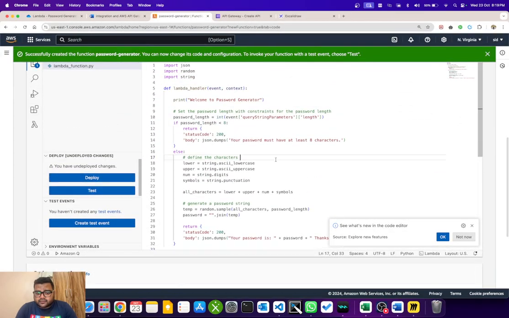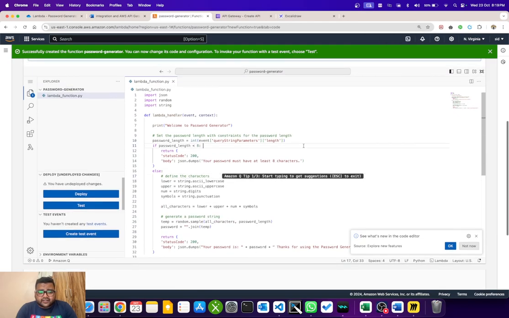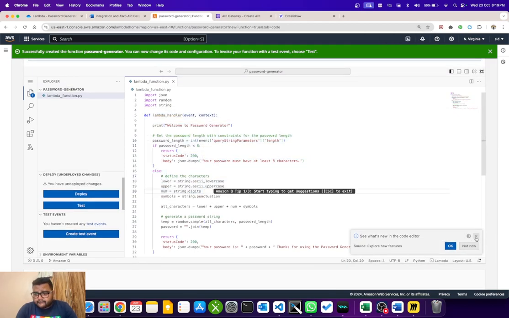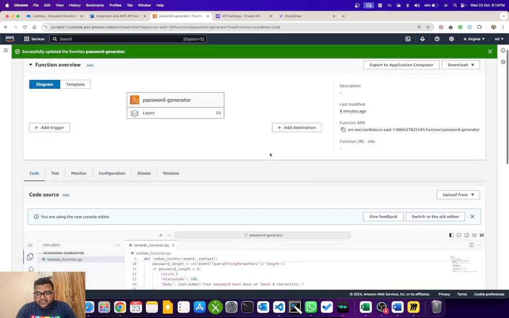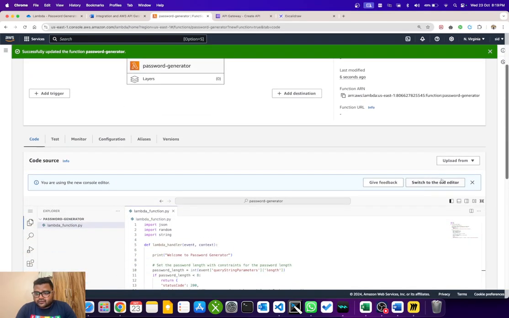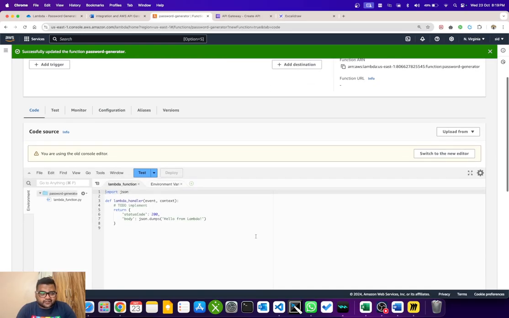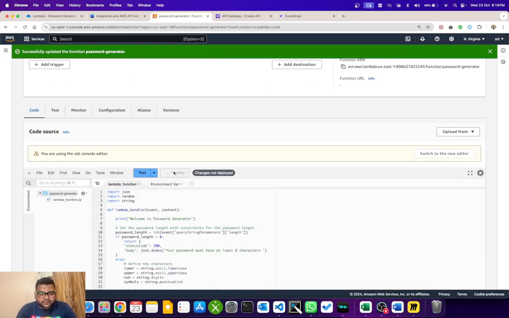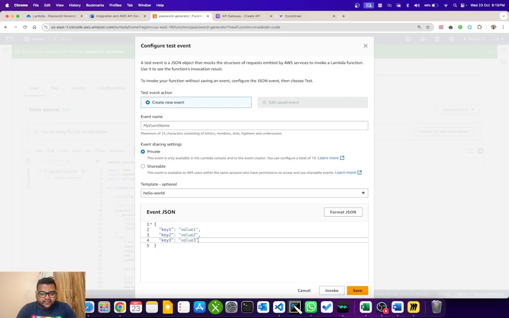I have written the Python there, and you can take a look at the code, right? It's Python code. Okay, so just click on deploy. First deploy the Python code. Once the deployment has succeeded, we are going to check it. I'm going to switch to the old editor, I'm not familiar with the new one. So I'll deploy it, and after the deploy I will do a test with an event,